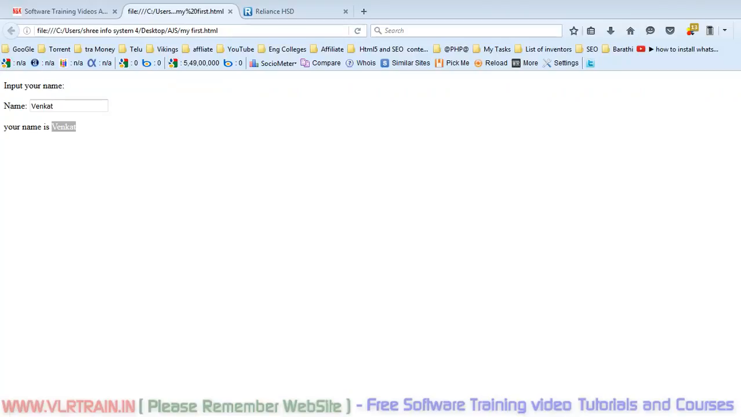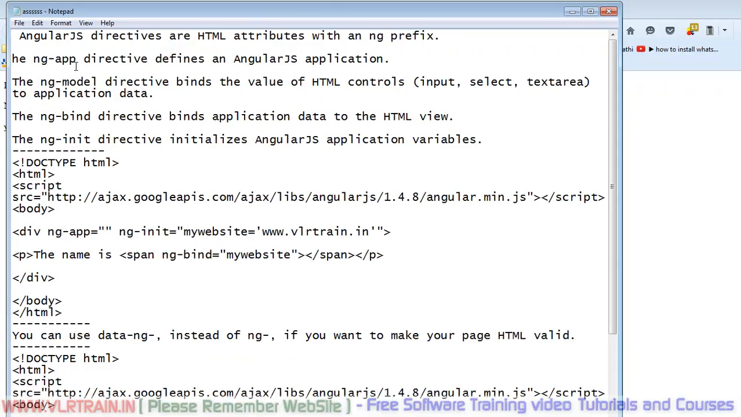In the previous video, we discussed the ng-app directive, ng-model directive, and ng-bind directive. So finally, what is a directive? A directive is an HTML attribute with an ng prefix. Some of the HTML attributes are the alt attribute and the href attribute. In this way, AngularJS attributes